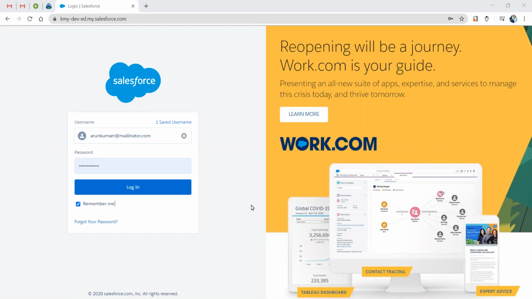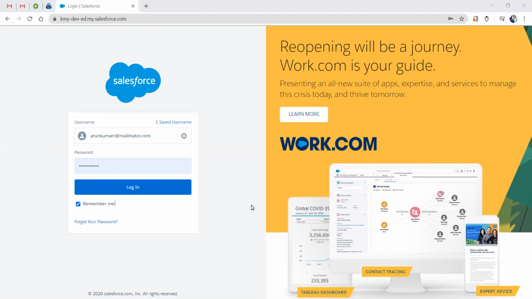Web to Lead is a process of generating a lead through an external website. For example, if a user enters his credentials, let's say his username, email, phone number, and submits a form on a website, that will in turn be generated in our Salesforce lead object. So that is why we need Web to Lead. So how do we do it? It will be explained in the upcoming steps.